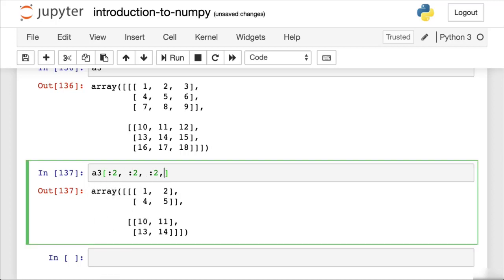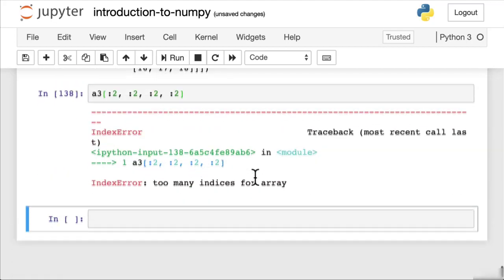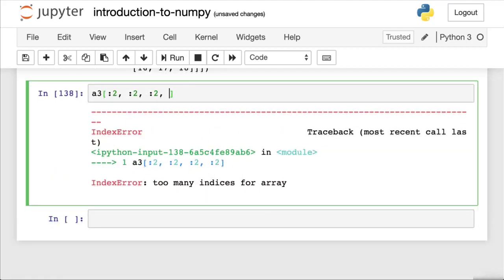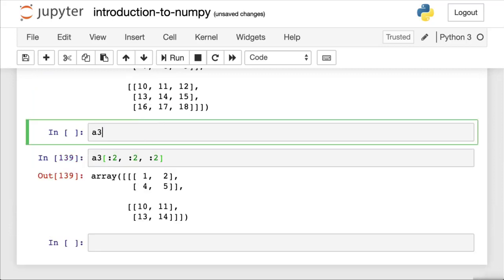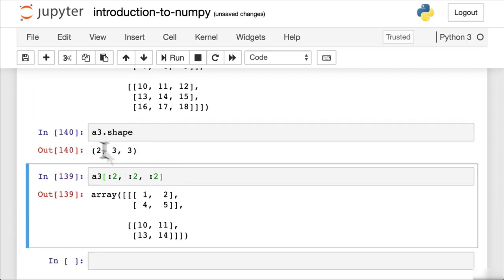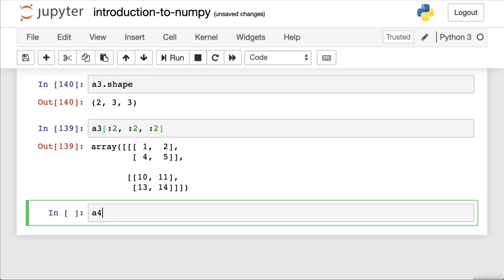What if we did something like this? You'd get an error because there's too many indices. The reason why we can only do 3 is because of A3's shape. There we go, 2, 3, 3. Let's try one more. We'll create A4 equals random.rand. Oh no, we need NumPy at the front here. Random.randint. We'll do